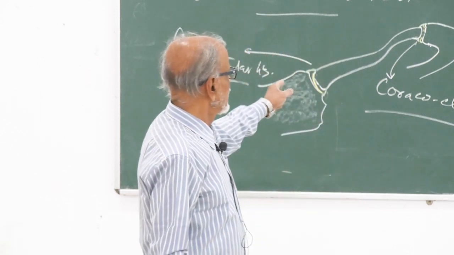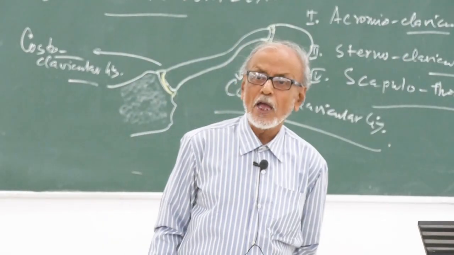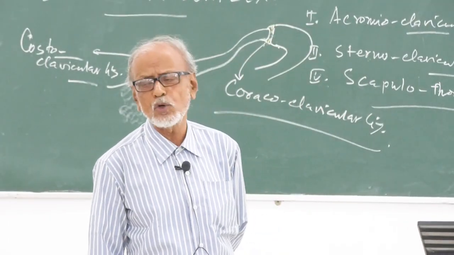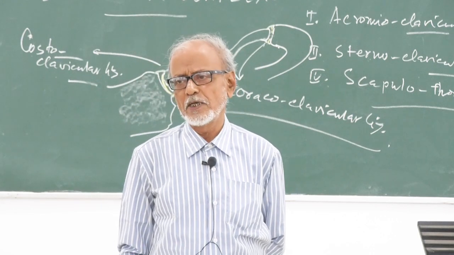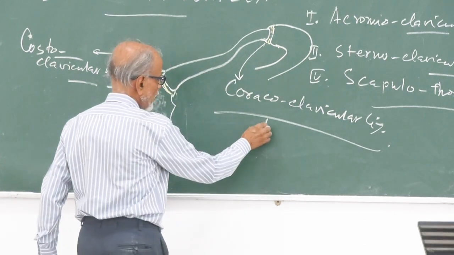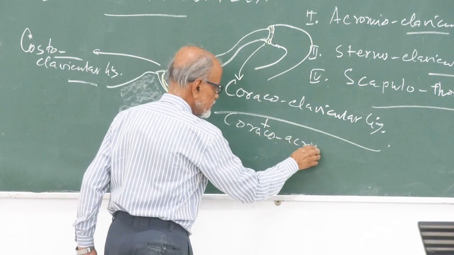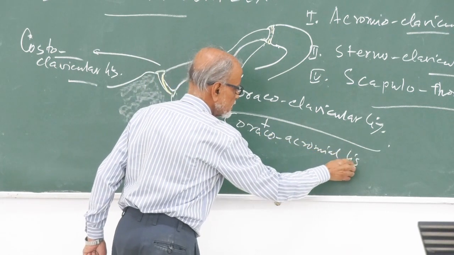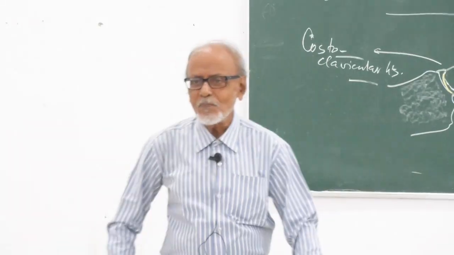তাহলে কোরাকো-ক্ল্যাভিকুলার লিগামেন্ট। আর একটা লিগামেন্টের নামও এখানে মনে রাখতে হবে, অ্যাক্রোমিও-ক্ল্যাভিকুলার জয়েন্টে। হোয়াট ইজ দ্য নেম অফ দ্যাট লিগামেন্ট? দ্যাট ইজ বিং কল্ড অ্যাজ দ্য কোরাকো-অ্যাক্রোমিয়াল লিগামেন্ট। কোরাকো-অ্যাক্রোমিয়াল লিগামেন্ট, দ্যাট ইজ অলসো ইম্পর্টেন্ট। আচ্ছা, তাহলে কোরাকো-ক্ল্যাভিকুলার প্লাস কোরাকো-অ্যাক্রোমিয়াল।